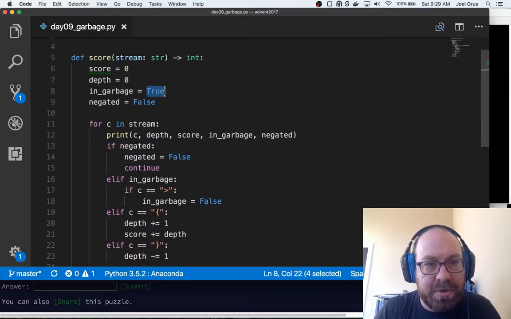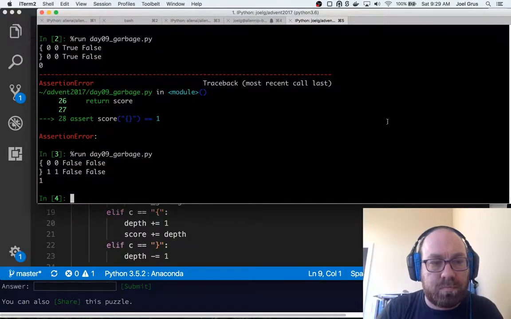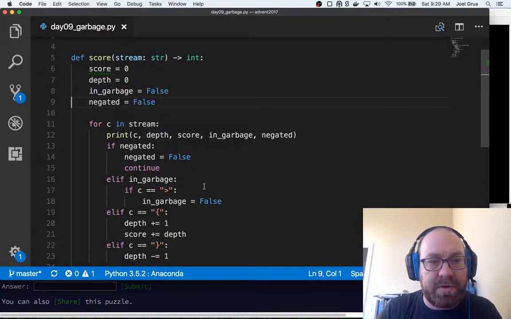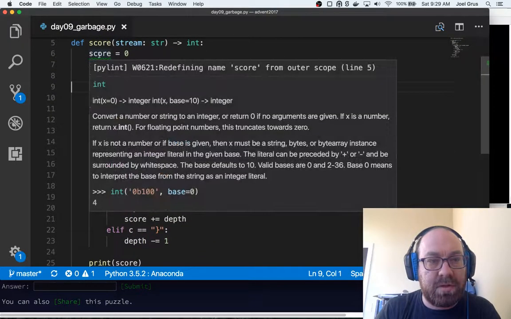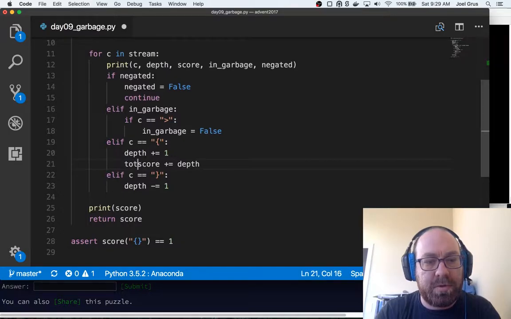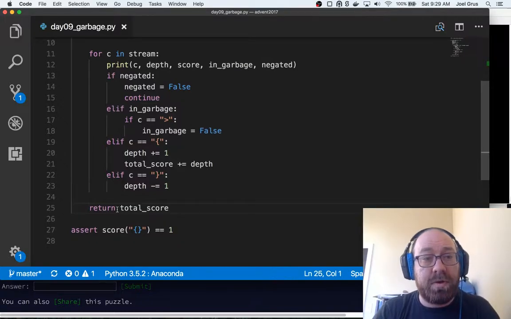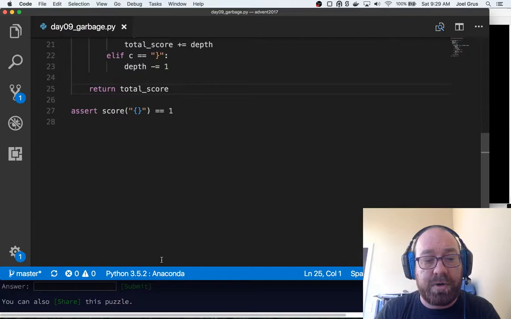Oh, well, in garbage should start off with false, that's part of the problem. And now that works. Let me just call this total score. Okay, good. So that actually worked. I just set this in garbage variable wrong to start with.